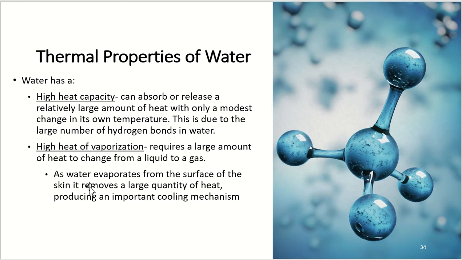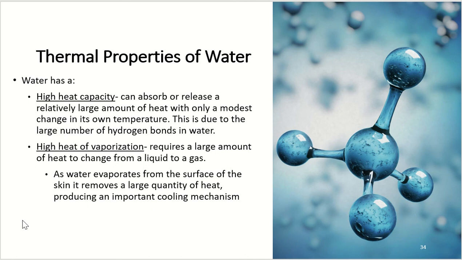So, water is super important on the earth, and because of its unique properties, this is what essentially allows life to occur on the planet. So one of the big things about water is its thermal properties, all right? So water is going to have a very high heat capacity. So this means that it can absorb or release a relatively large amount of heat with only a moderate change to its own temperature. This is going to be due mainly to the large number of hydrogen bonds that are